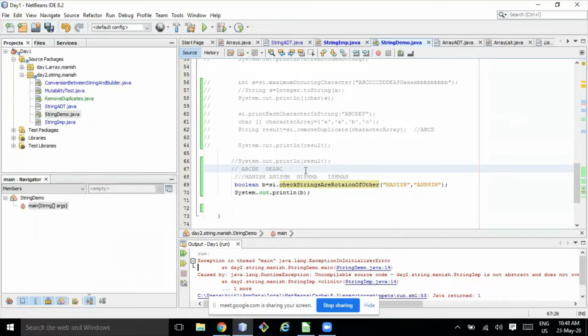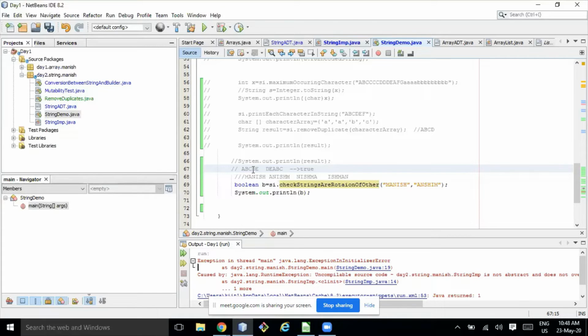Yeah. So what I'm thinking is, let's pick the first string and the first character of the second string. D is the first character of the second string. Let's find D in the first string. That would be a rotation point.